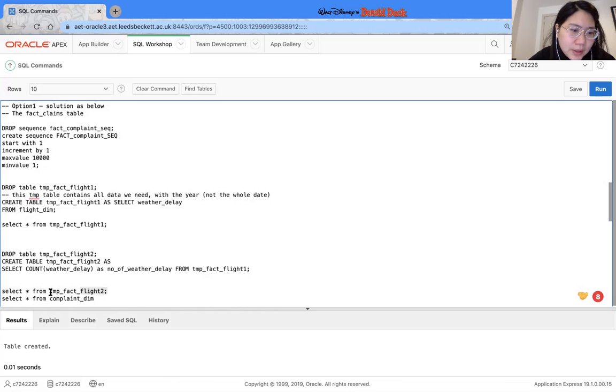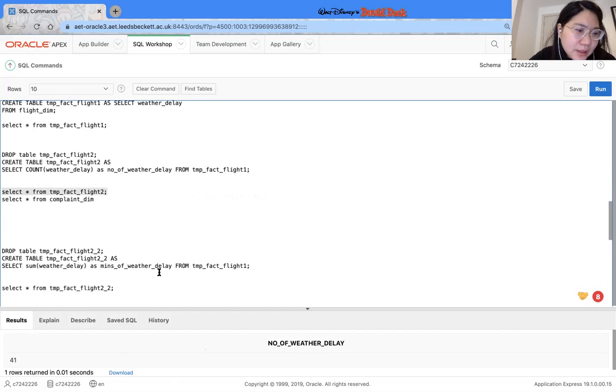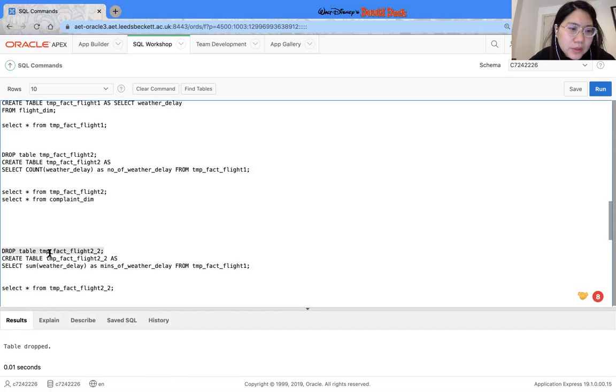So now, as you can see, my number of weather delays is 41 times. And then the same as the list, but I want to know the total minutes of weather delay. So I drop the temporary fact flights 2 and create it again, and I use the function sum. So now this table shows that the total minutes will be